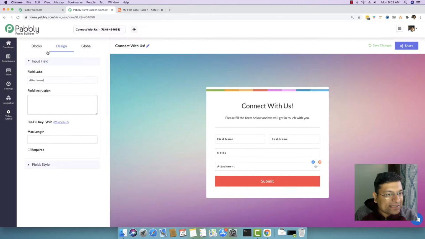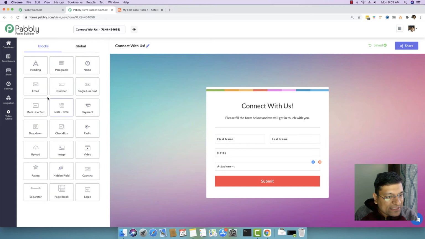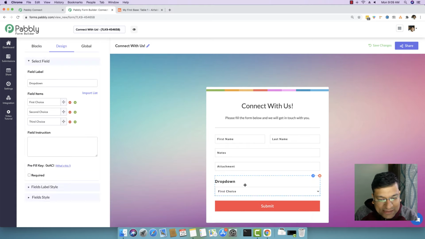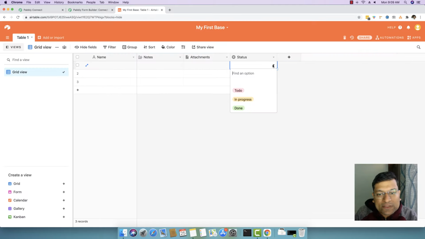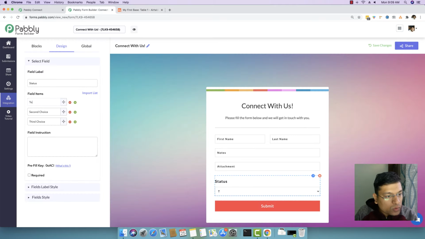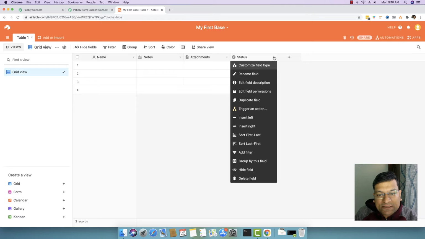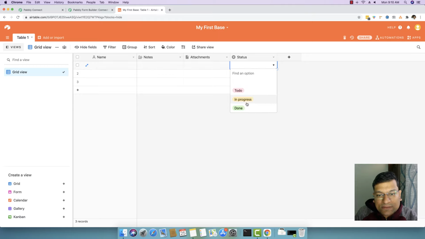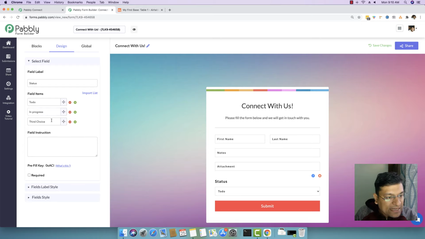And the last is status. Okay, and status can be a drop down. So I'll just use status, and the possible values for status will be to do, in progress, and done. Okay, so I will write to do, in progress. Let me see how it is written. So it is written like this, in progress, and last is done. Okay, so status is to do, in progress, and done.